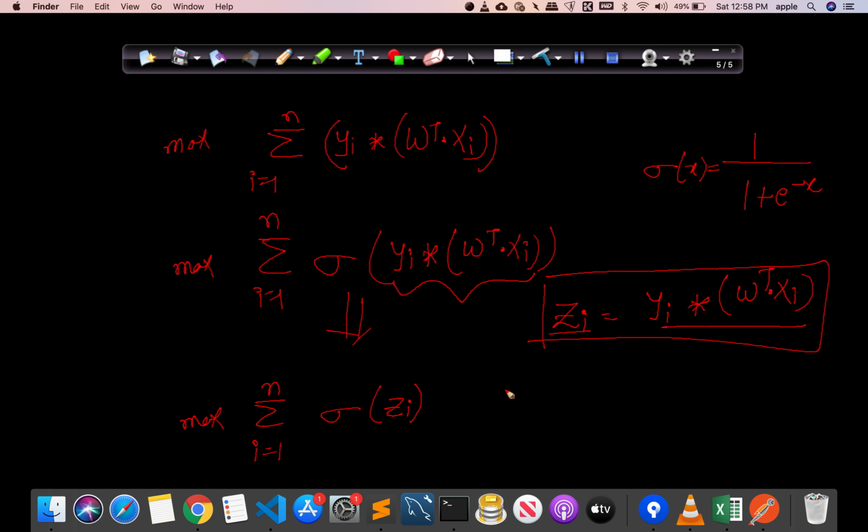So I think you all have understood why we have to use this particular sigmoid function in order to squash the values. Even if the distance of the point is very large, we will use this function in order to compensate, or in order to prevent our algorithm from shifting the hyperplane just because of one or two outliers.